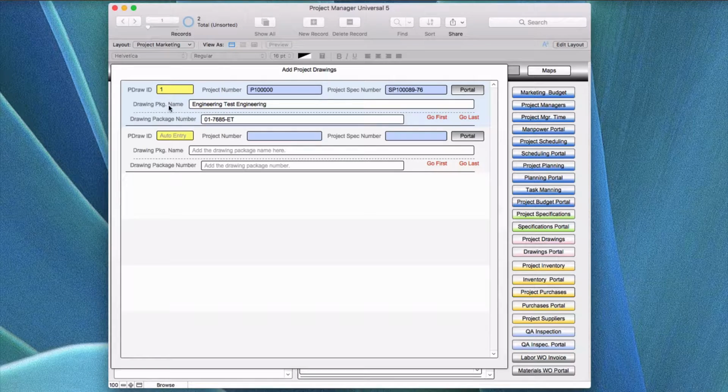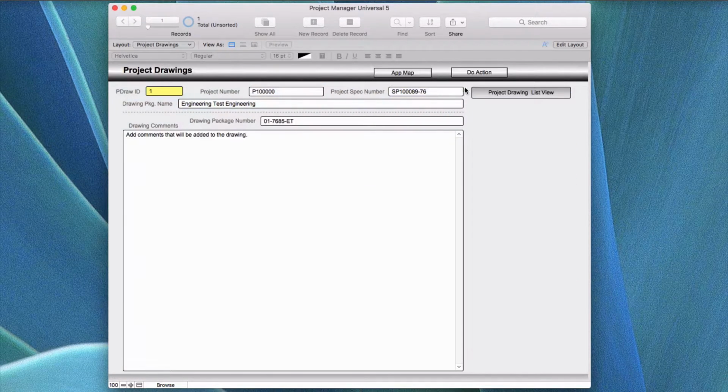The drawing package name is the actual name that's going to be used for the drawing package that you're working in, and this could be any level as far as the drawing is concerned. So this is important to know exactly which package is being used, and the drawing package number is this. Okay, to see a portal record, you would click on the portal and you would add it in this particular